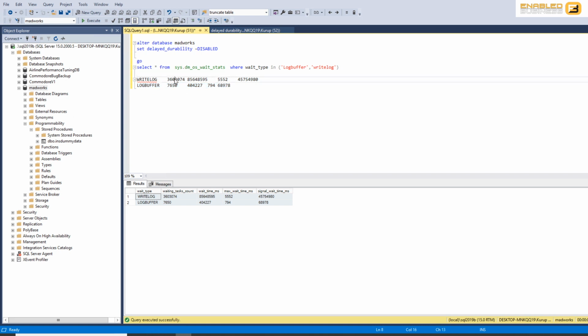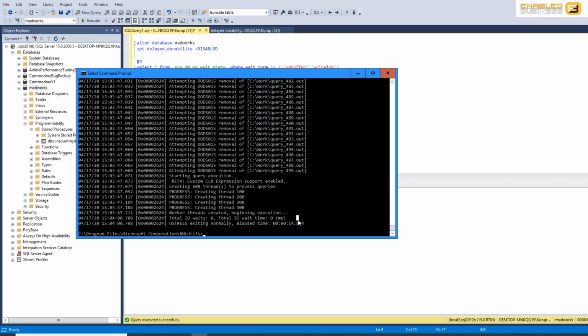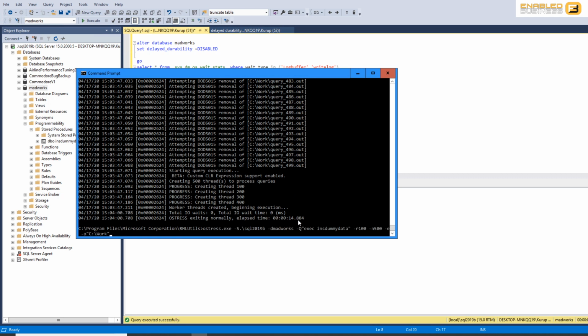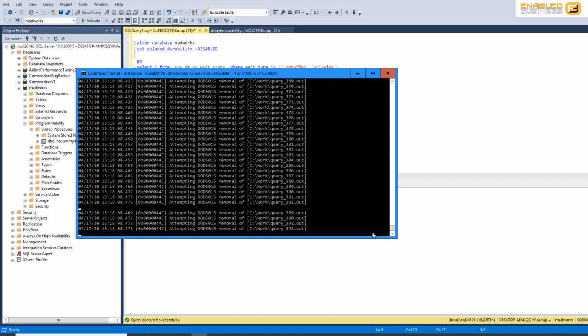It's the write log, which means writing to the transaction log file, which usually lags behind. So I've got Ostress up and running. I've got a procedure that I want to run. It inserts a row into a table, and right now I'm simulating, as you can see, 500 users running the request 100 times each. So when I run this, what we're going to see is